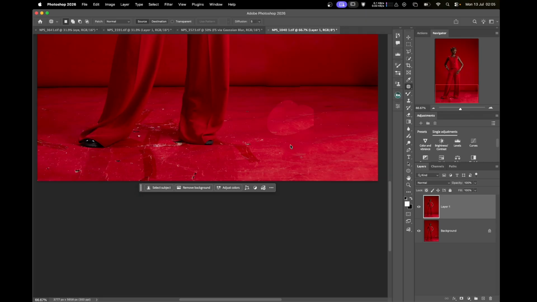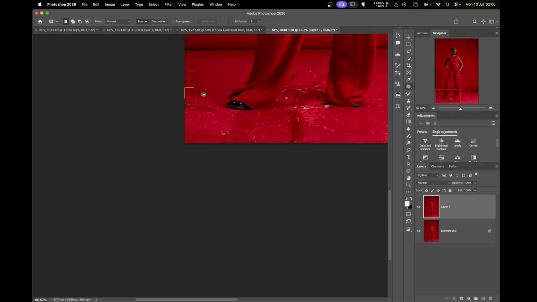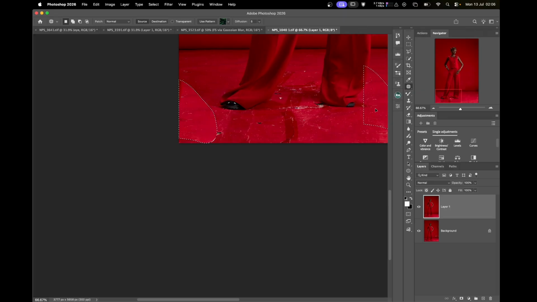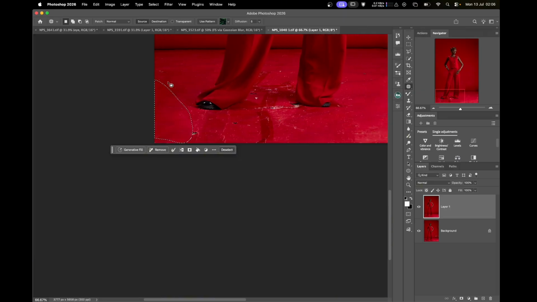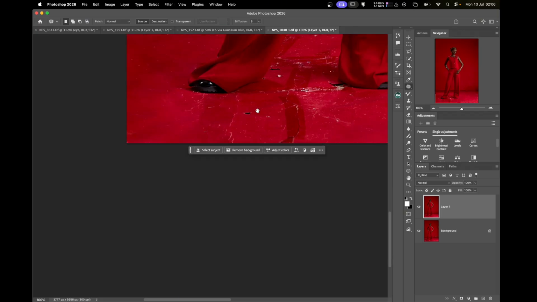Continue your cleanup. I'm trying to remove every single spot. Even if you want to change this background to another background, it is necessary that you clean properly. If you don't clean properly, you won't actually enjoy what you change, because if you're trying to bring back shadows so that your image does not fly, I'll also teach that in my next video, to bring back shadows in your pictures so that you don't look like some pictures that you see, where the person is just flying in the air. So just carefully